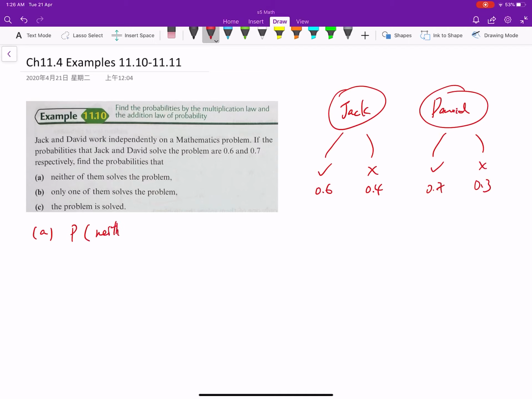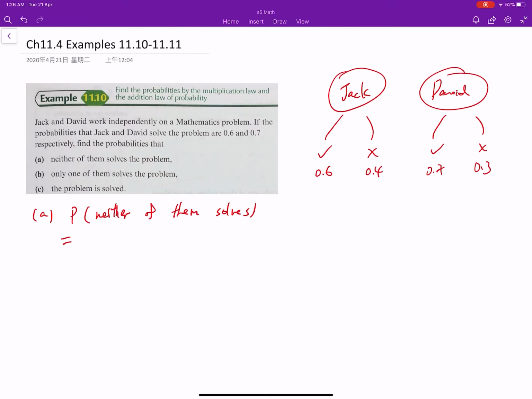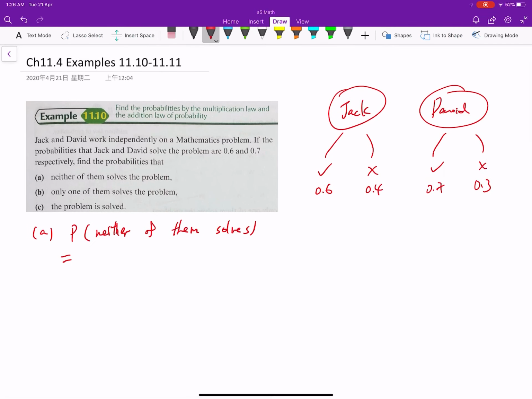So part A, the probability that neither one of them solves the problem. Easy to take: it means Jack cannot solve and David cannot solve. So we take these two, which is both not able to solve, so we get 0.4 times 0.3. So we get the first part. And B,